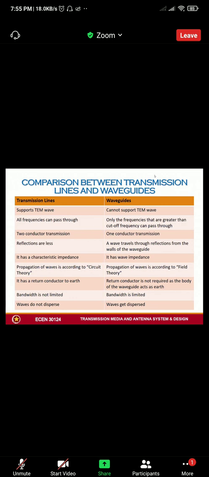Then transmission lines are not bandwidth limited, as well as all frequencies pass through, while in waveguides, the bandwidth is limited, depending on the construction and dimension of the walls. In waveguides, the waves get dispersed. So yun basically yung difference na